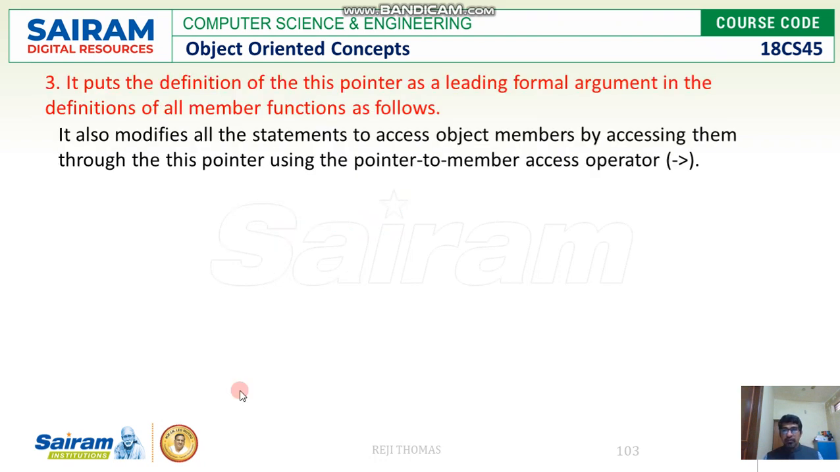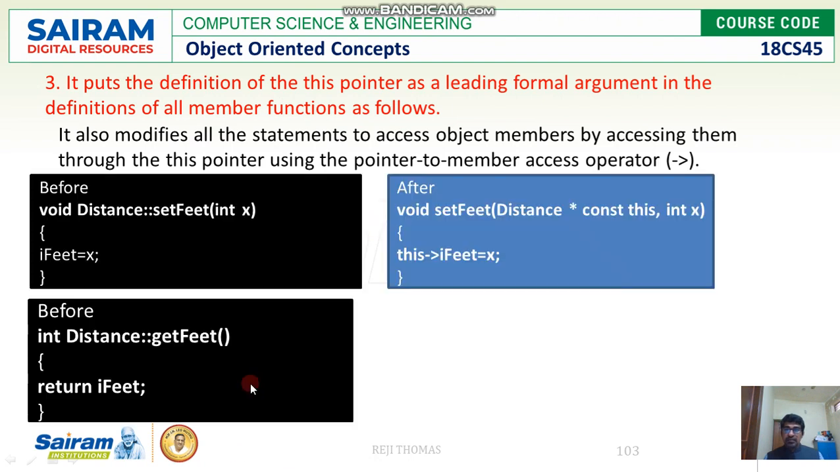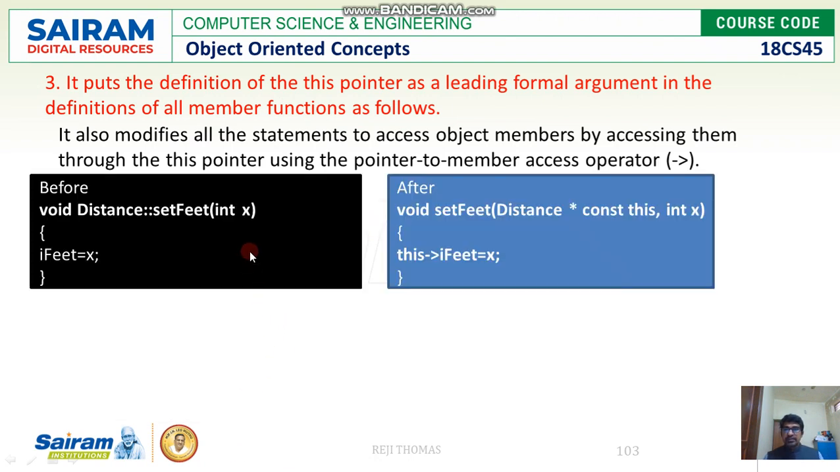Now what happens with the function definition? You can see the function definition also gets changed with the pointer to member access operator. So you can see here, before there was a scope resolution operator, and if you look at this, there is no scope resolution operator. Here also, this pointer is going to be the leading formal argument. Look at this. This pointer is going to be the leading formal argument,